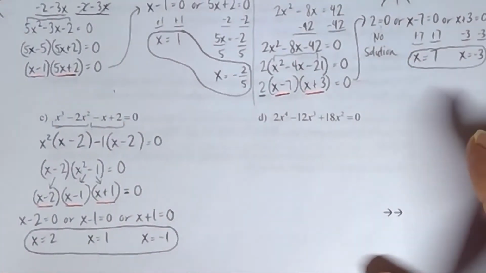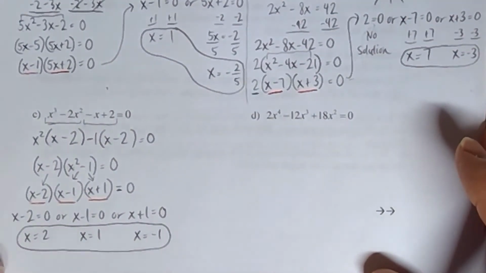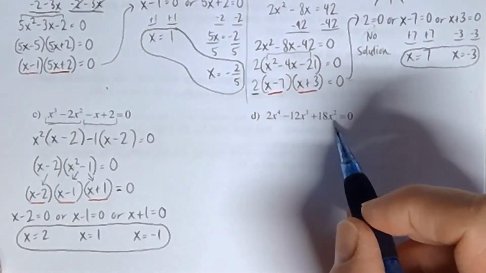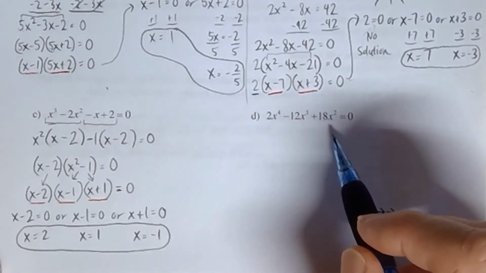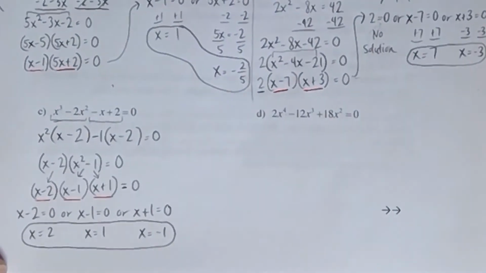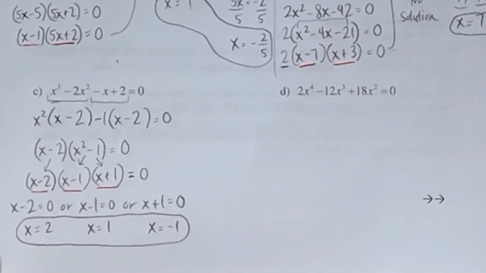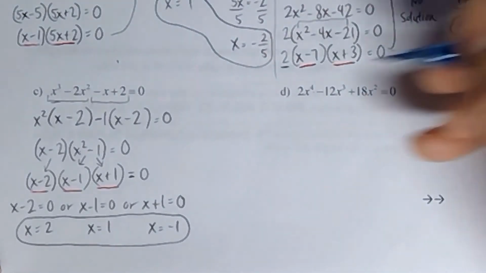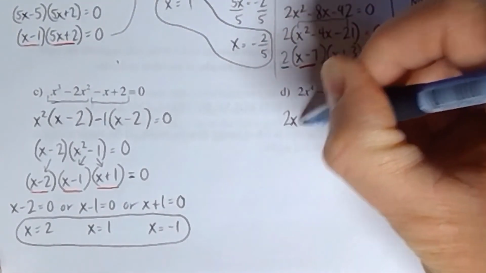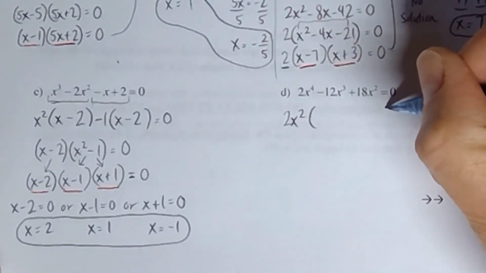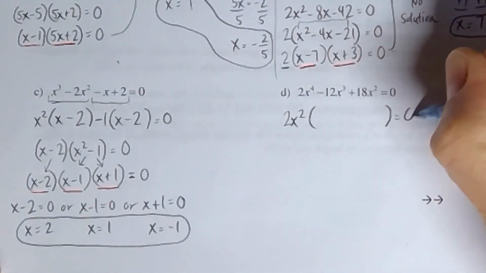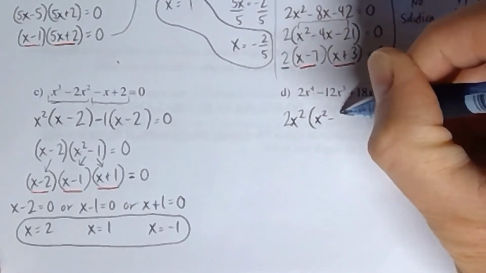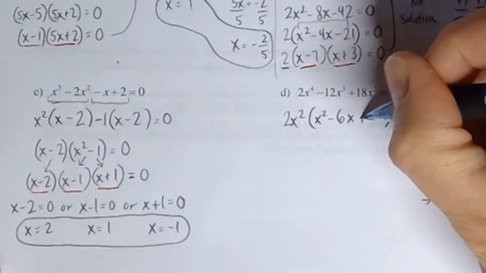All right. And finally, here in problem D, before we flip the worksheet over, since there's a 0 on one side, and since we already agreed that we weren't going to try to reorder that, we're going to give it a shot here and see if it works. We're going to try to factor this right now. It looks like the GCF here is not 1 this time. It's 2x squared. And so let's go ahead and factor that out. That gives me x squared minus 6x plus 9.